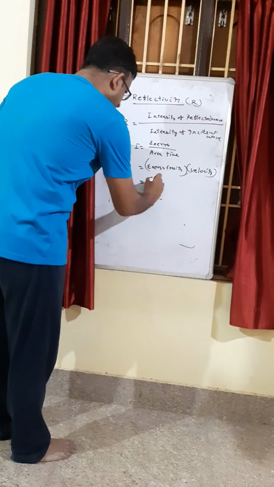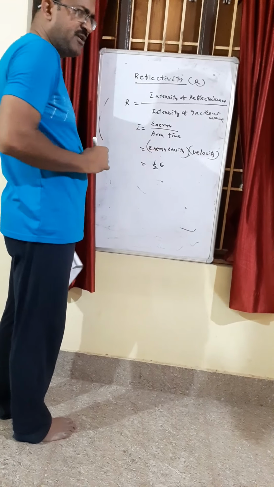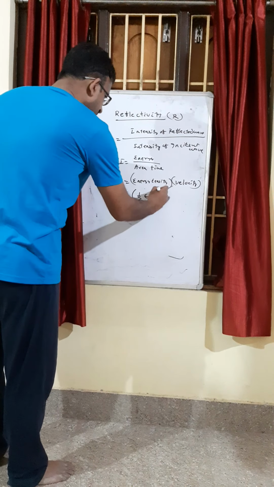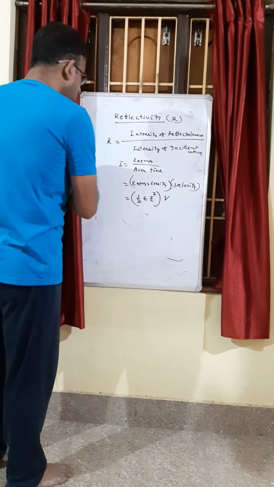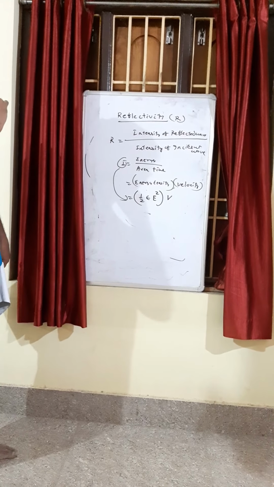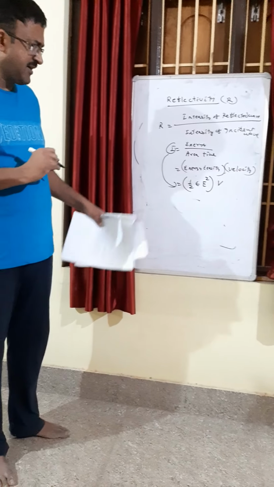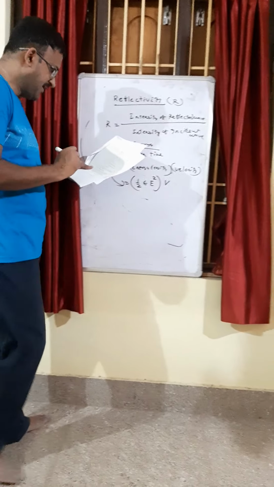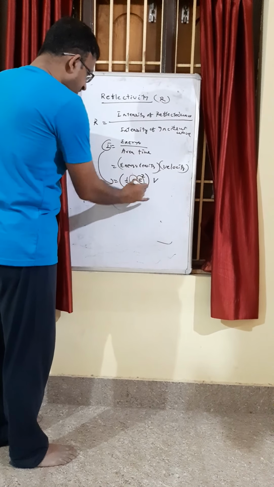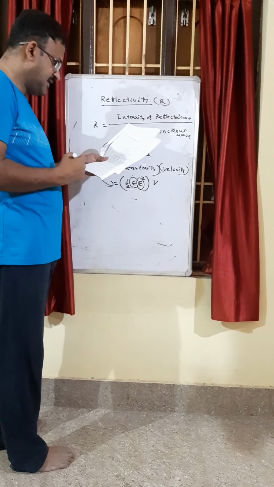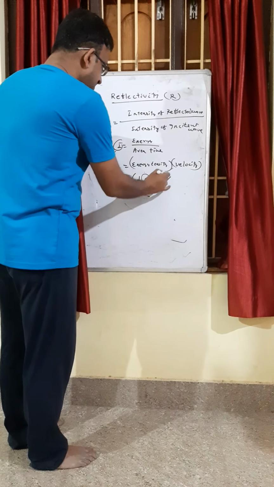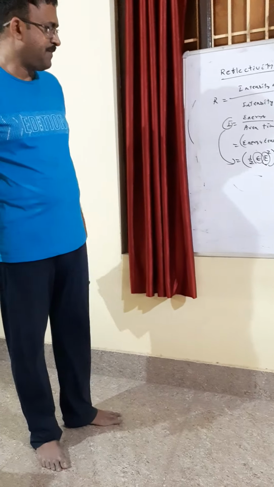in electric field? It is half epsilon, where epsilon is the permittivity of that medium, then the strength of the field squared: half epsilon E square into velocity. This is how you can get the intensity. So intensity depends on three different parts: intensity depends on the permittivity, on the strength of the electric field, square of the electric field, and on the velocity.